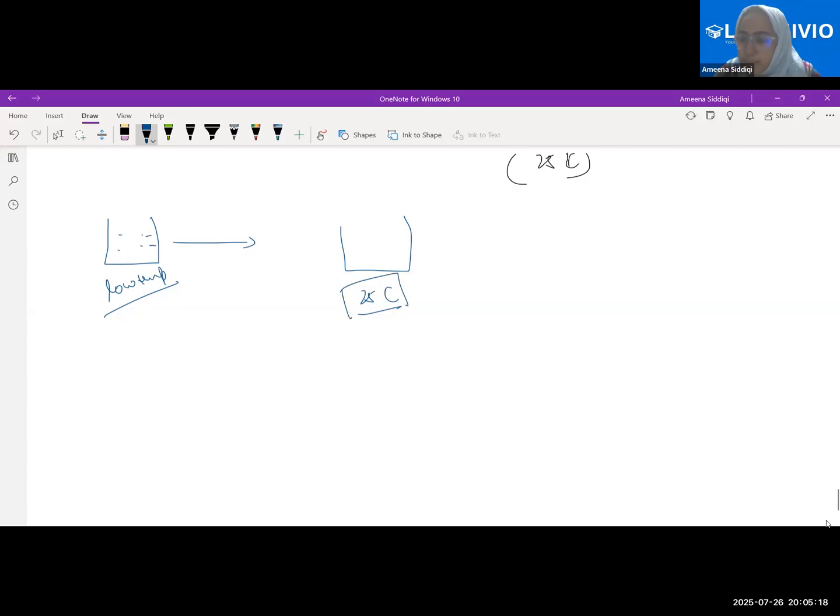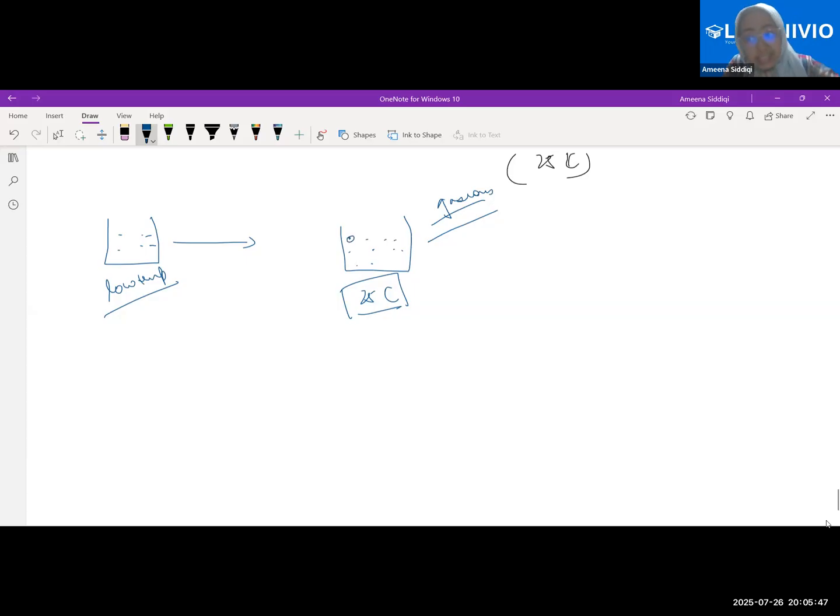Yes, ma'am. The particles which were cooler have now been brought to a 25 degrees Celsius surrounding. Don't you think the particles will want to attain a temperature of 25 degrees Celsius? Why? Because they want to gain the energy for that, yes or no? Now, from where will they gain the energy? The air particles which are in the gaseous state clearly have more energy, yes or no?